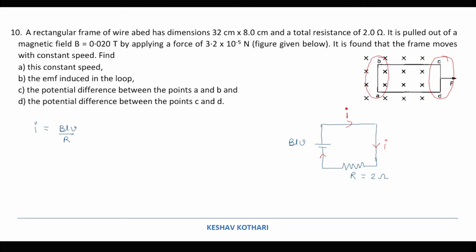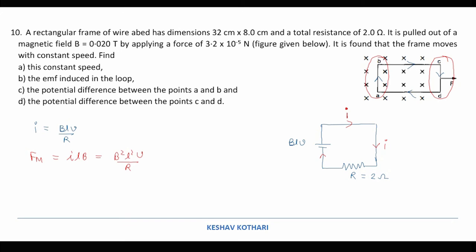So due to this current which will be flowing in this coil in the clockwise sense, if we calculate the value of force which is going to be exerted on the length segment AB, we will find that the magnetic force that is going to act can be calculated as ILB, and hence the value will be obtained as B square L square V upon R. So we will obtain this value, B square L square V upon R, which is going to oppose the value of applied force F.